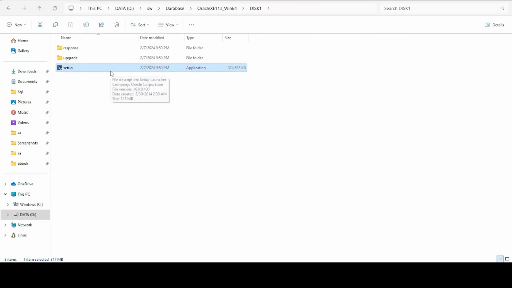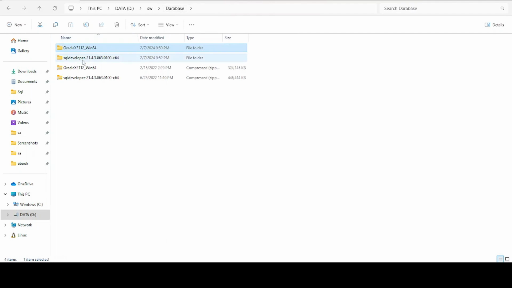When you run the setup, it will ask you, you click next, and then it will ask you the password and username. For the username you have to provide SYSTEM, which is the super user or admin user in Oracle database, and the password, whatever password you want. So once you give the password and the username, it will install on your system without any error. And then you have to go to SQL Developer,